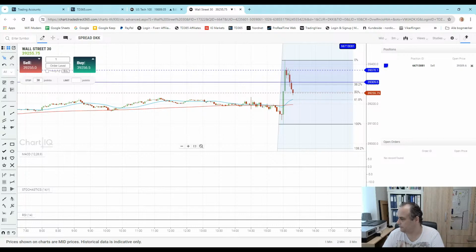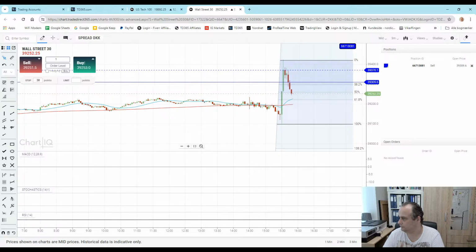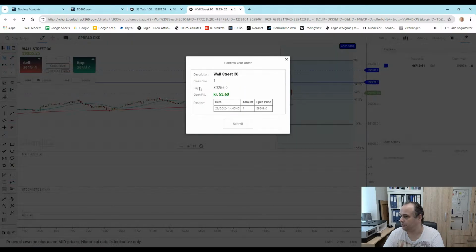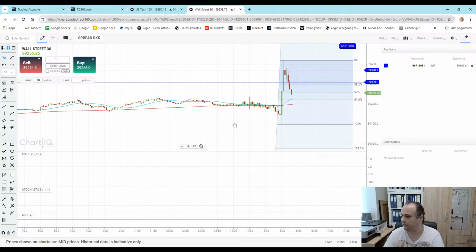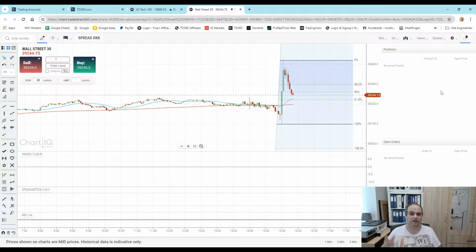Okay. They're definitely fighting to keep the 50% level, as you can see. Really fighting. There you go. It's actually a little bit underneath. Well, I think this area is fine by me, so I'm going to close it now and take 53 points. There you go, 53 points. That's fine. It wouldn't surprise me now if it's going to go down to the 61.8%. But so it is. Let's go and watch for a second